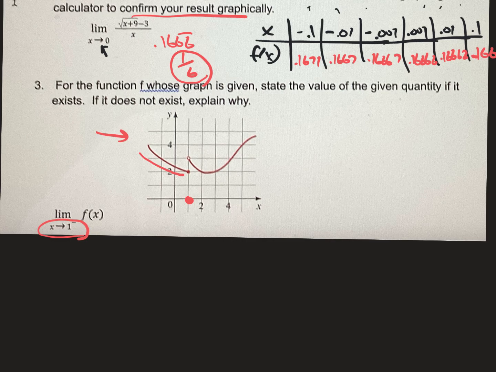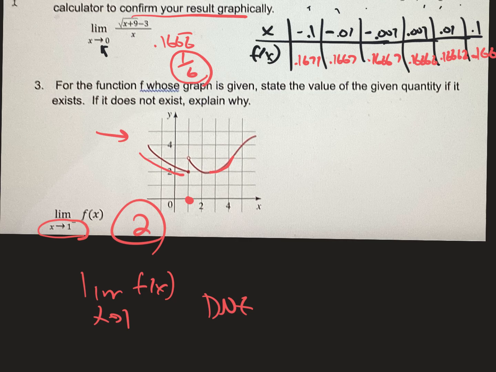2. Remember, it doesn't mean it has to be at 2. It's what is it getting closer to? What's it approaching? It's approaching 2. So now, if it just said limit as x approaches 1, f of x, and didn't say negative, it would be d and e, because from the right side, it's getting closer and closer to 3, but from the left side, it's getting closer and closer to 2, which are 2 different numbers. So our answer is 2, because the negative sign, if the negative sign was not there, it would be does